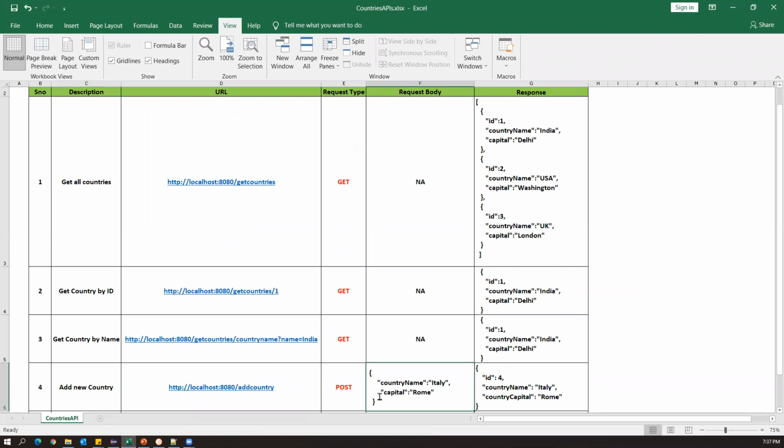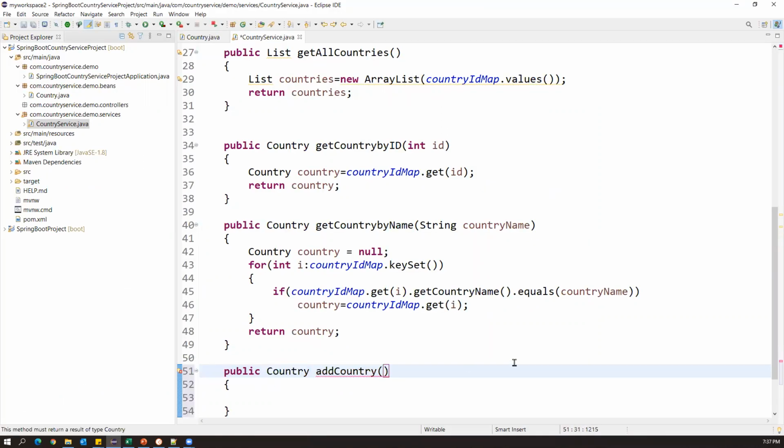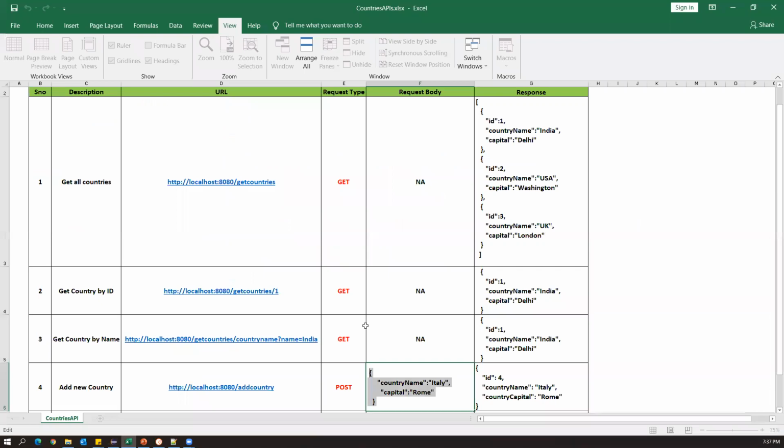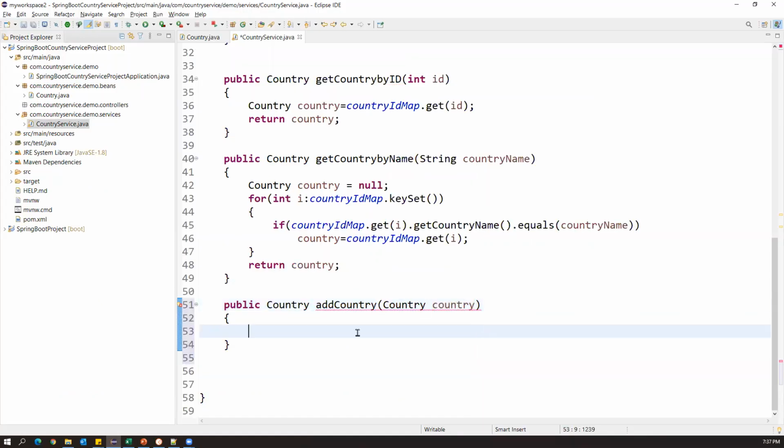We have to pass this data as an input, country name and capital, so we have to receive it, right? The parameter is a country object, which contains 3 details, but ID is generated automatically later. Initially we are passing only capital name and country name. So this is the method definition: public country add country, taking a country.